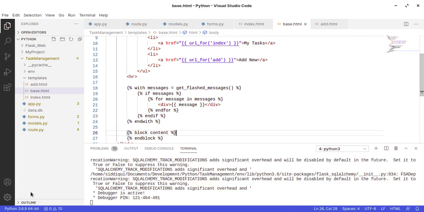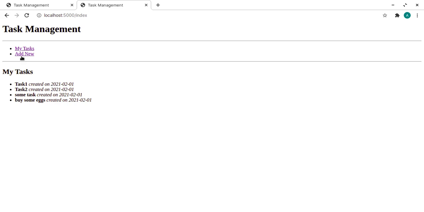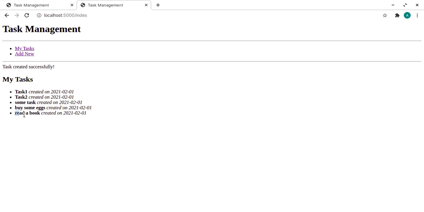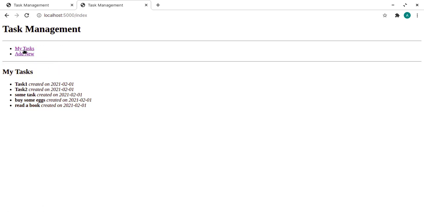So now let's see in our application. Okay, like read a book, submit. You see this thing is added, and also we have flashed this message. If I go again, let's say now it's gone because the flash message is gone, it's just displayed once, then it's gone, so that's why we haven't displayed it here. But whenever we have some action, later on we will see edit and delete, so we will have the status displaying here.